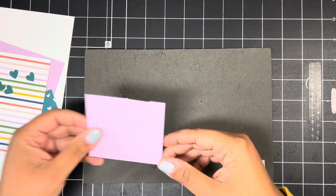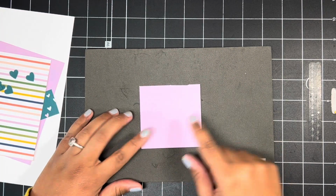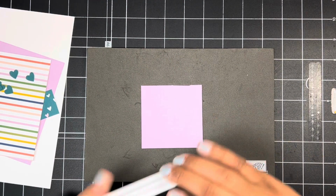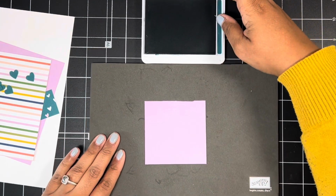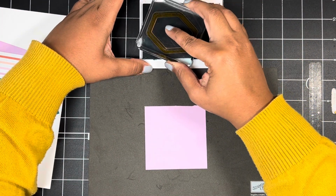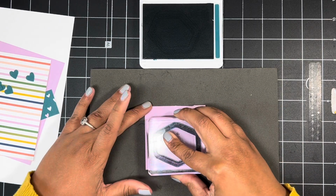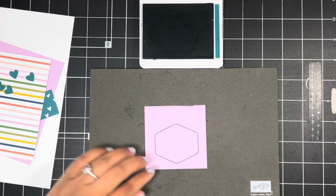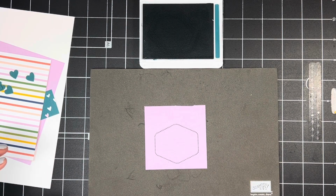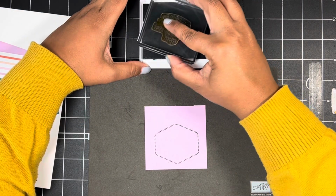So in your kit, you've got this scrap piece of Fresh Freezer cardstock. That's where we're going to stamp our sentiment. And I'm going to stamp in Pretty Peacock. I'm going to start by stamping the border image in Pretty Peacock. Then I will put the sentiment inside of that, which says, sending you lots of love and